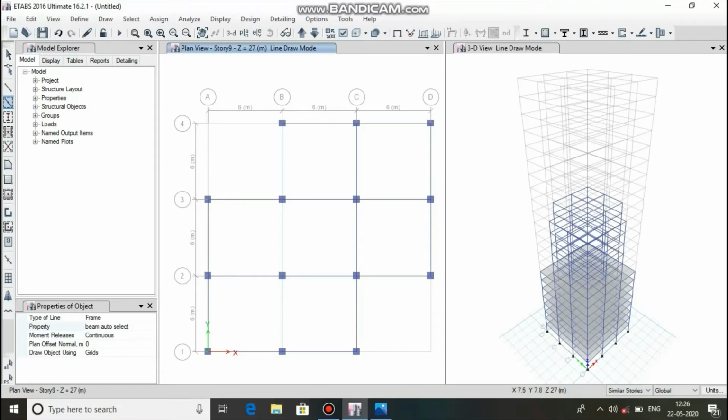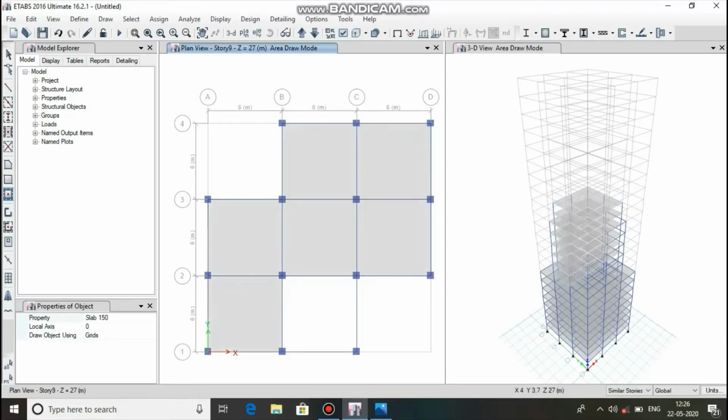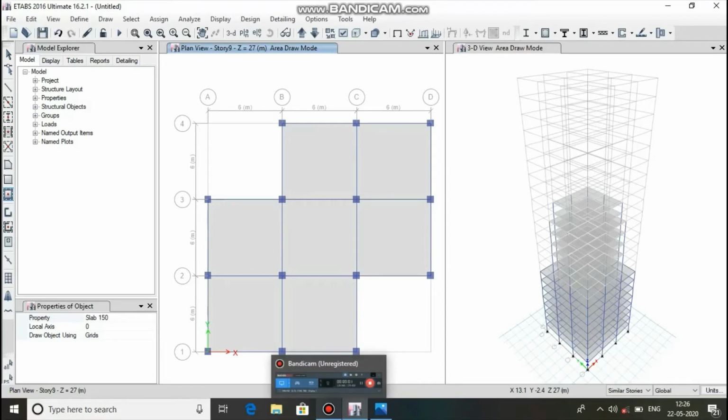So now I'm going to make the slab. So this is also completed. And next,